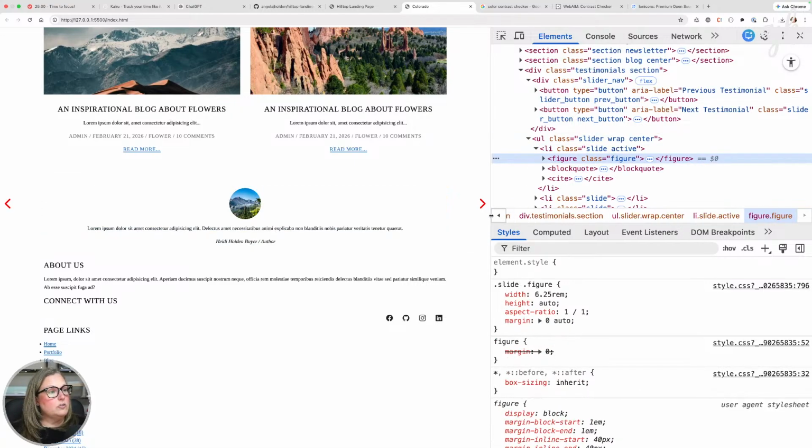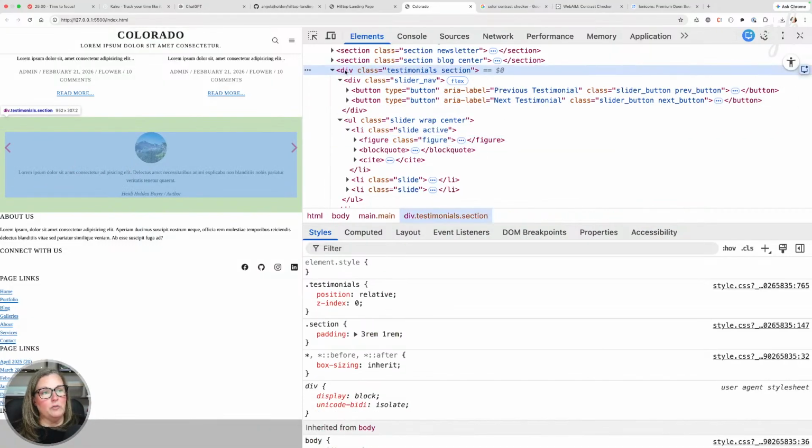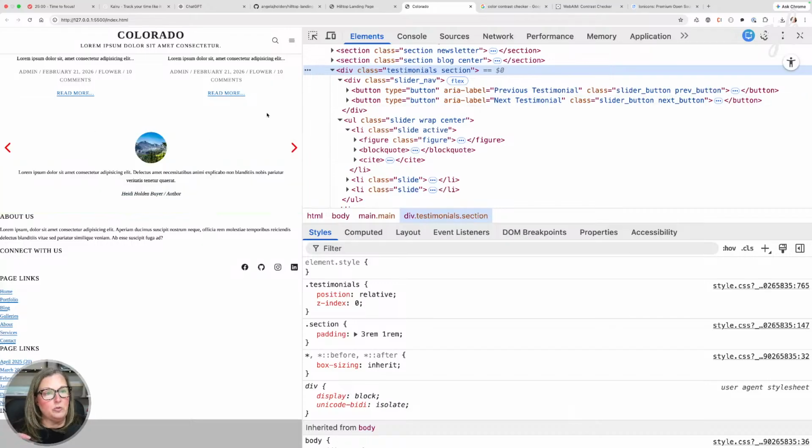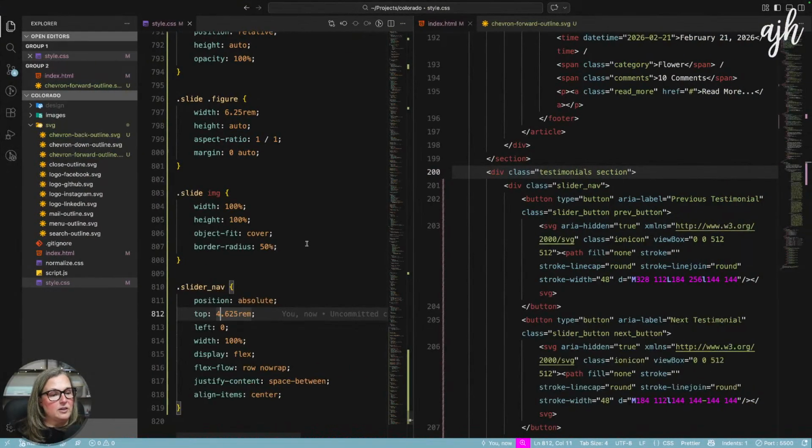There, look at that. It's right in the middle. So it's 3 rems to account for the padding. And then if we take 100, which we know is the height of the image, we subtract 48, which is the height of the button, divide that by 2. That comes out to 3 plus 1.625, and that puts it right in the middle. Love it.